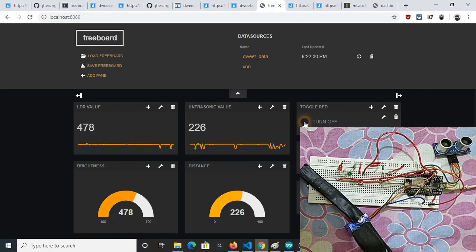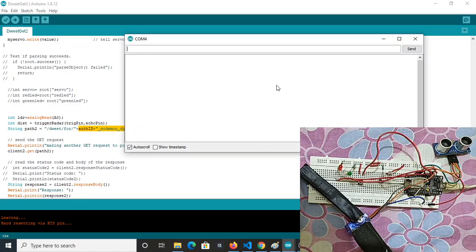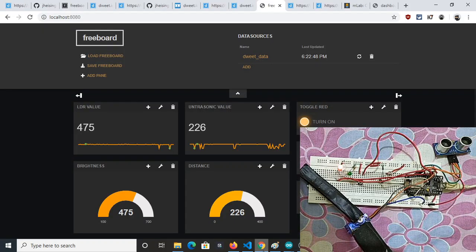Let's make the red LED turn on first. It takes time to make a GET request as well. Now we have made a GET request. Let's check if it is received or not. As soon as it is received, the red LED turns on. Fine.